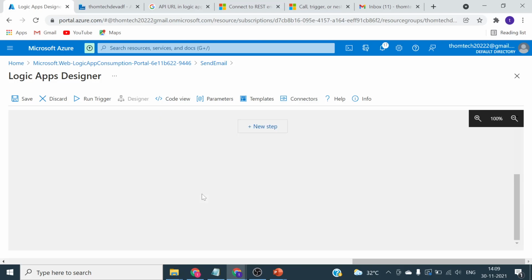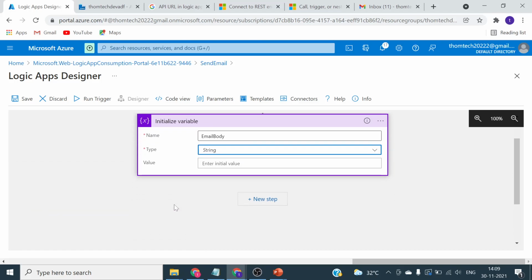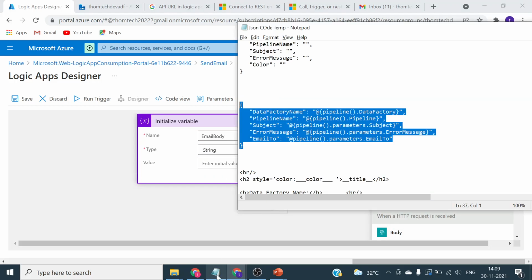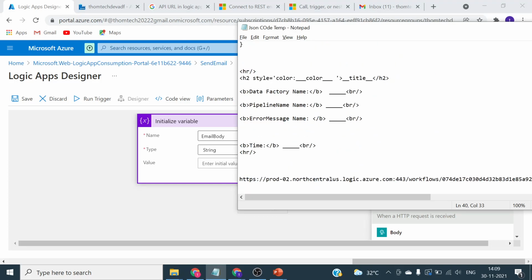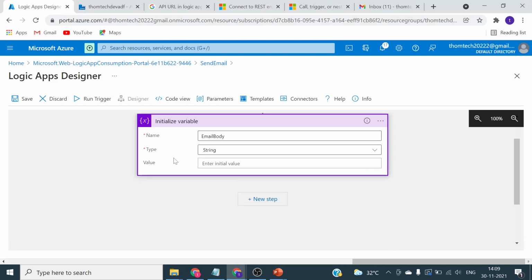Let me select this and give a name to this variable as email body. Go down, give a string to it because we want to get a string of it, right? And then we will give a value to it, that is we will give HTML tags which will help us to beautify our email notification body.